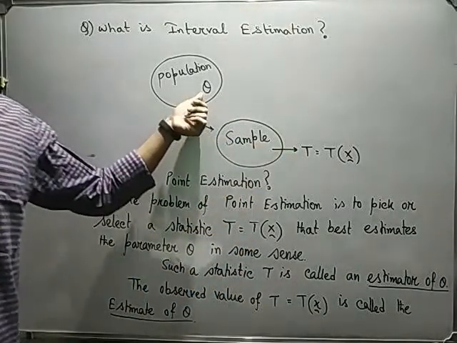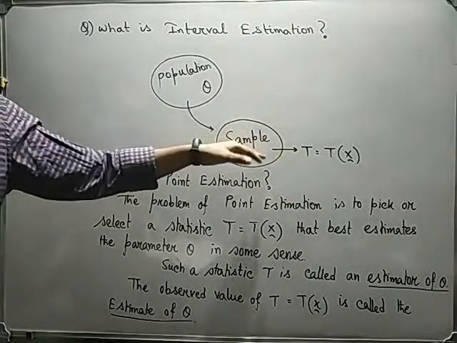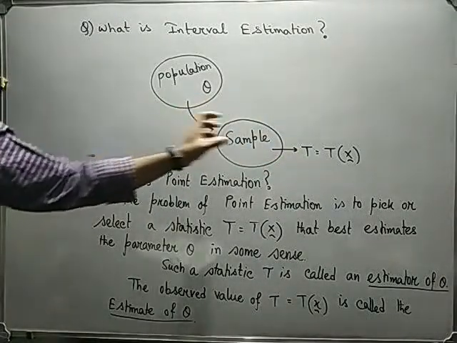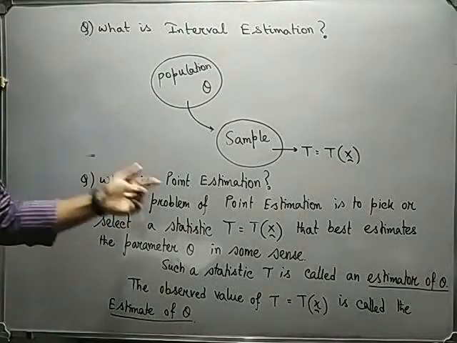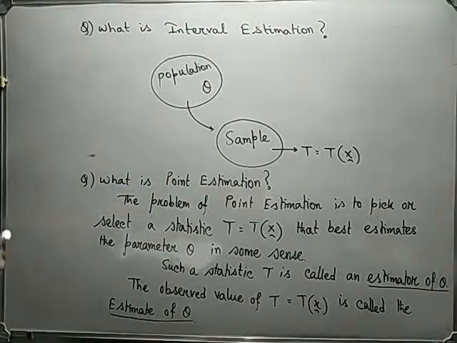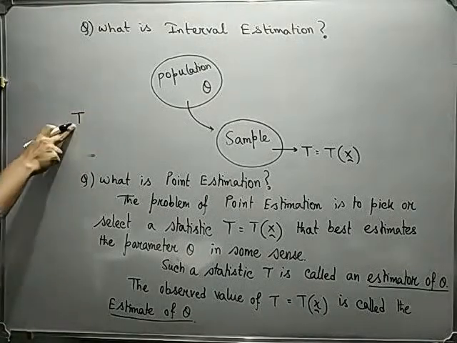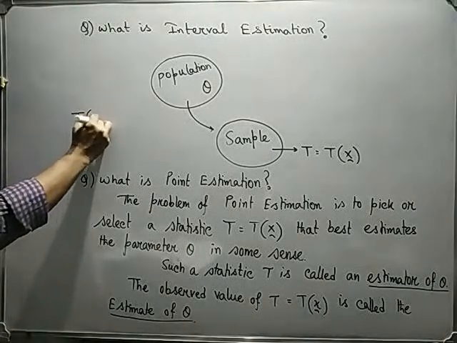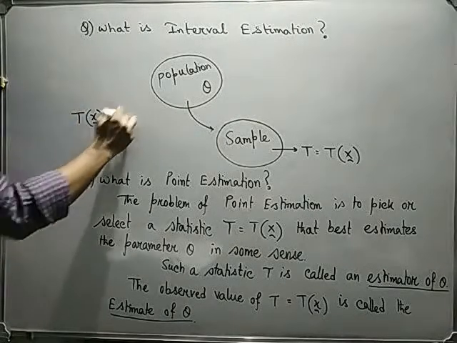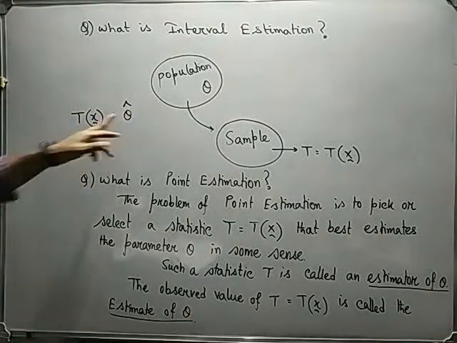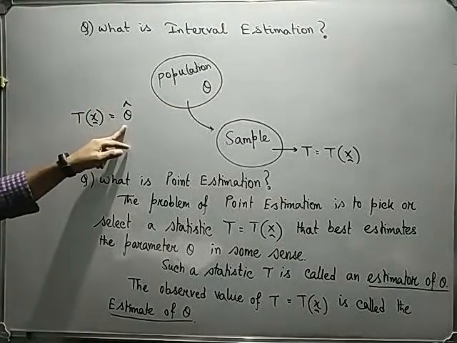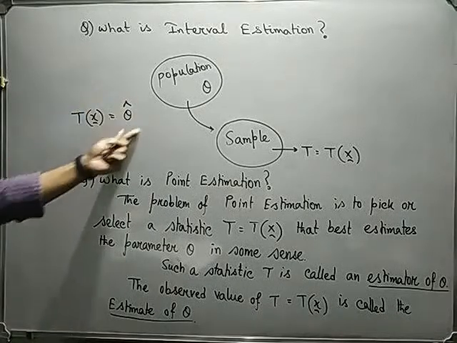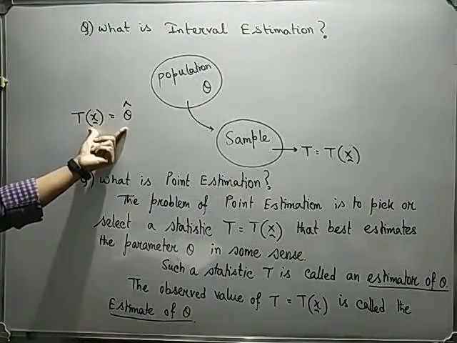But we can estimate the value of theta using this capital T, or using any capital T. So we can have an infinite number of capital T. Now this procedure is called the estimation procedure, under which we have point estimation. That means we have exactly a value of t, let's say small t skull, which can be written as the estimator of theta. Theta is unknown to us. Theta hat is basically the estimated value of theta, so t skull can be thought of as the estimated value of theta.